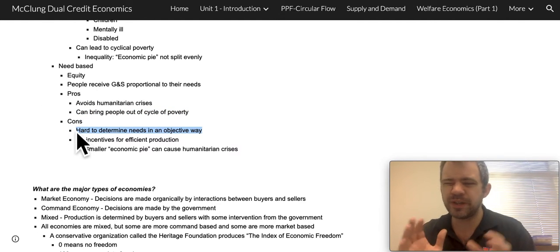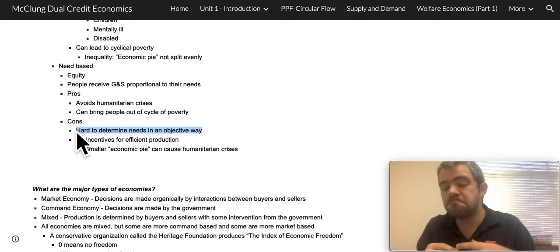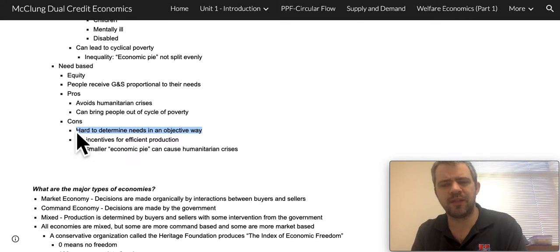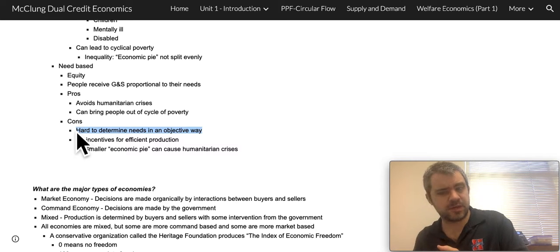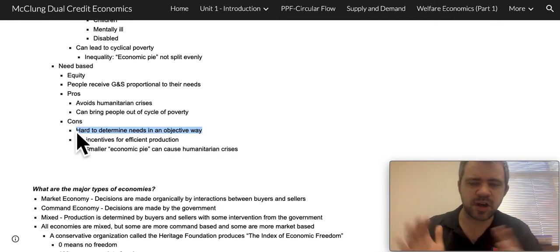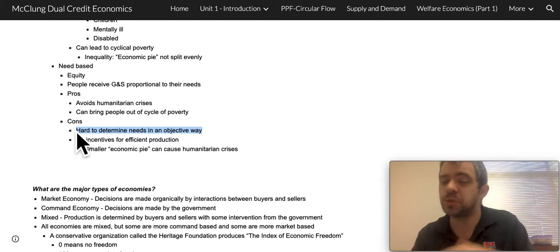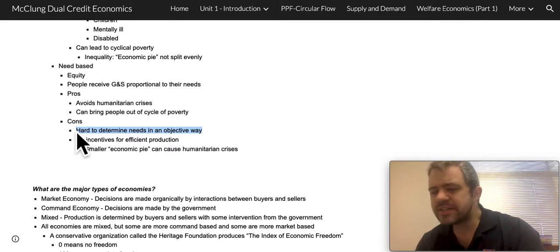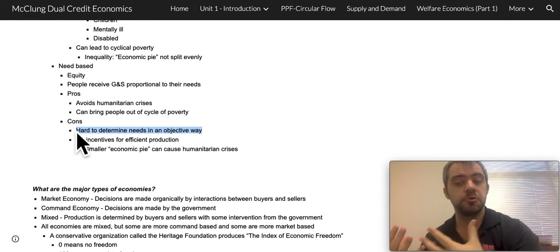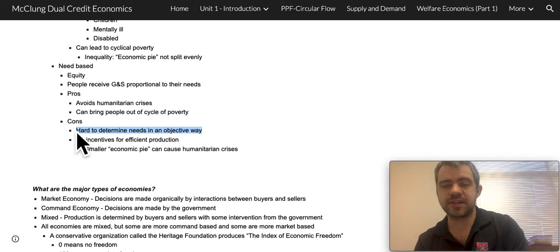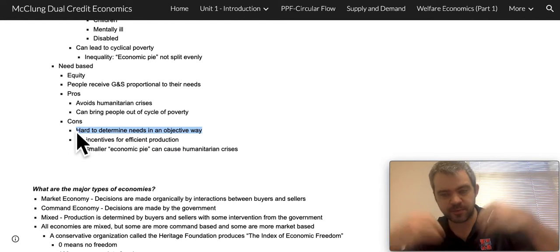With needs-based, it's really hard to figure out what people need. I say, oh, well, I need this, this, and this. And someone else says, well, no, I need this. And there's all these arguments. And all of a sudden, there's an incentive to look very needy. We see this even now with certain government programs. It's beneficial to look poorer for a lot of scenarios. When you get older, it actually benefits you if you trust your family members to get rid of your assets as quick as you can, because you look suddenly very poor and you look like someone that the government needs to take care of.